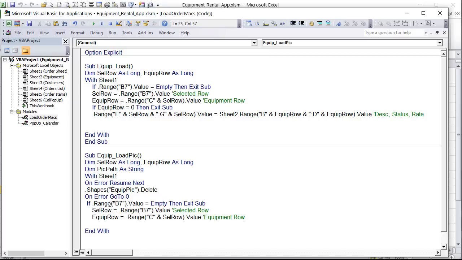We're going to do the same things. Again, I want to define all that, the equipment row. So we've got that. It's just quicker, easier. So now what I want to do is define the picture path. The picture path is where we know it's on sheet equals Sheet2.Range("E" & equipmentRow).Value. And that's the picture path. So we have the picture path defined now, but we do need